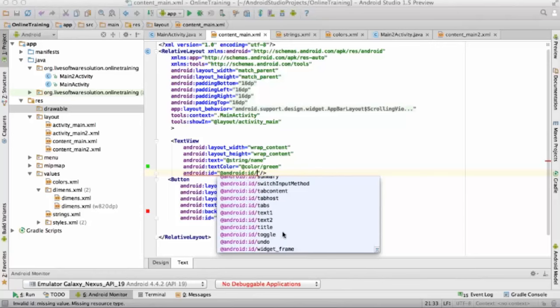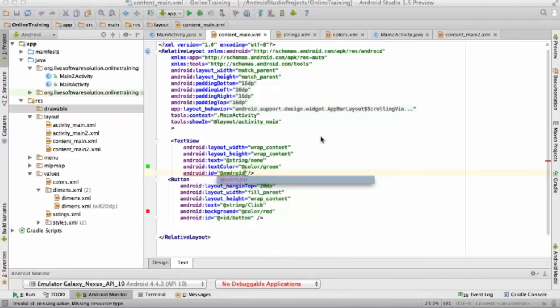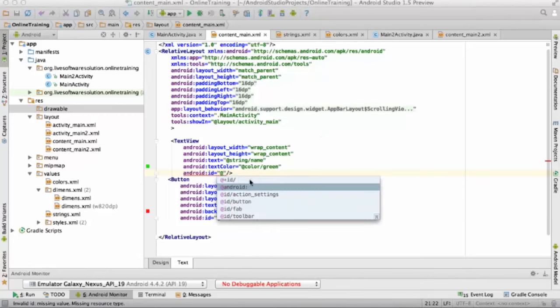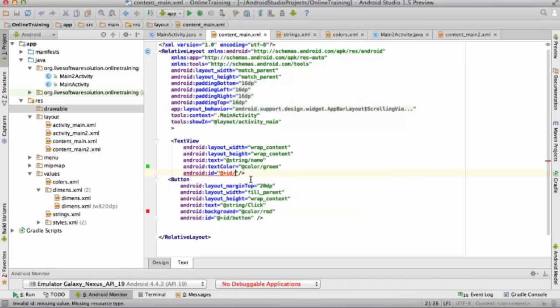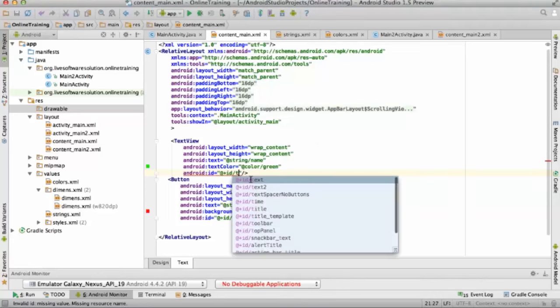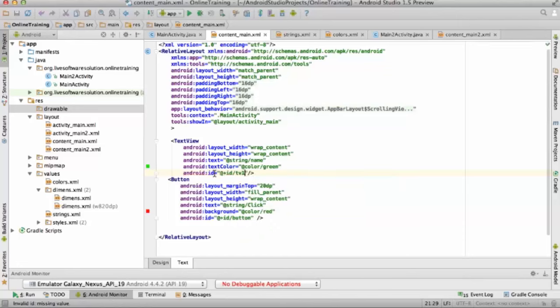The first one is called system defined ID, using @Android colon. And the second one is called user defined, that is newly created using @plus ID slash.